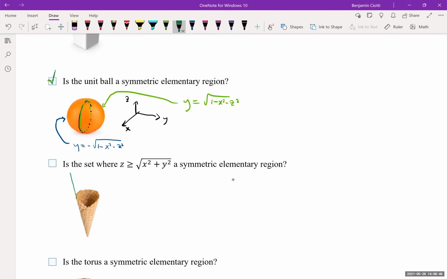I'll find the volume right now, starting with the portion in the first octant, using the pyramid volume formula, because this is a region with height 1 and base equal to 1/2 of 1 times 1. And the volume of this tetrahedron is